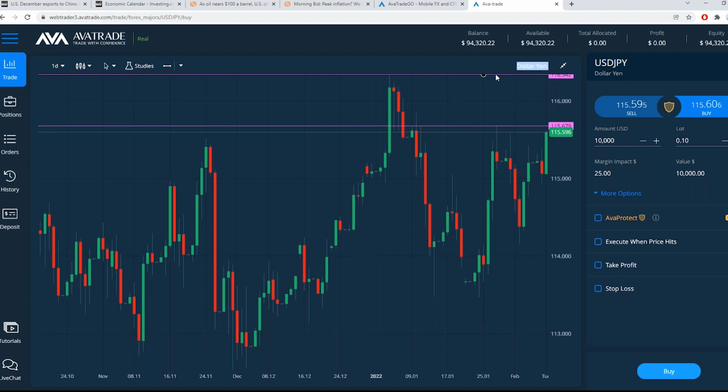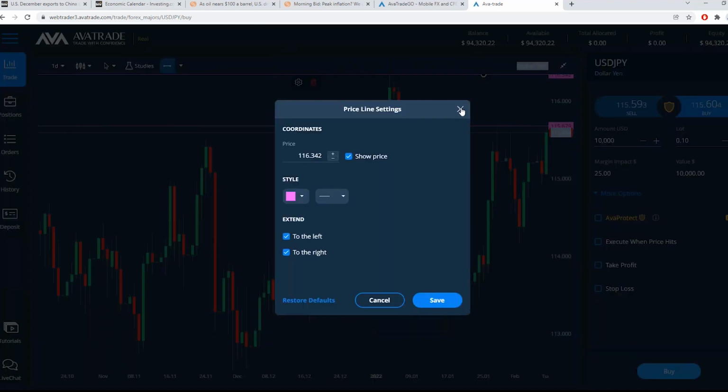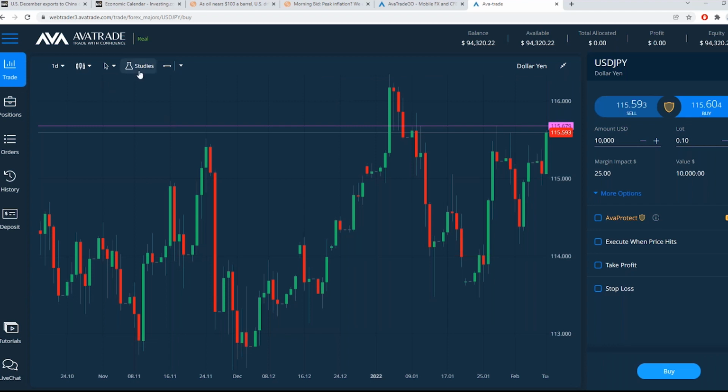Let me pull this down so we can read it just a little better. Here, we'll do this. Let me delete the line and draw a new one. I got it so high I was having trouble grabbing it. So if we're stopping at the wicks here, it's 116.28, 116.30-ish. And right now we're at 115.58. So about 80, 70 pips easy run before it hits the next resistance level, if it's going to break this resistance.